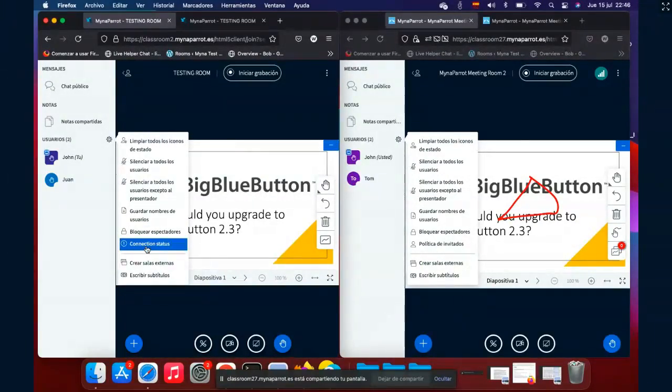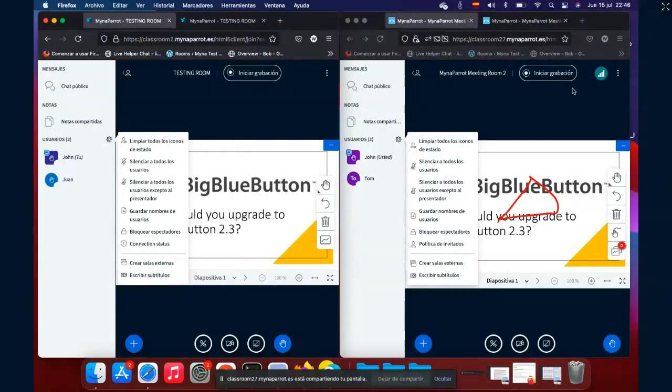Oh, okay. There's another thing I want to share with you. What you see on this side is 2.2, but it's our ManaPart customized version. If you have standard BigBlueButton, you still cannot see this one. This feature is the same as this one.